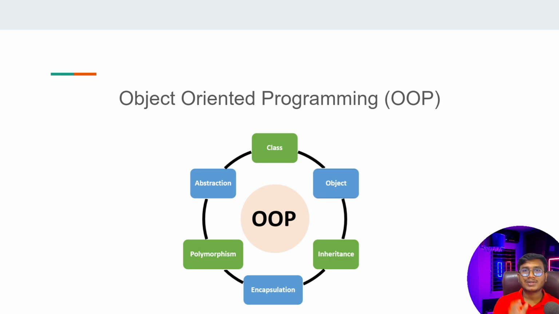So in summary, OOP is nothing but a programming paradigm. It helps us to write efficient and optimized code, and it also helps us to manage our code base, and it will also give you some more functionality whenever you are trying to create any kind of real world product, real world software, or any bigger application. Now I think you got it: what is OOP inside Python, and why it is so important?